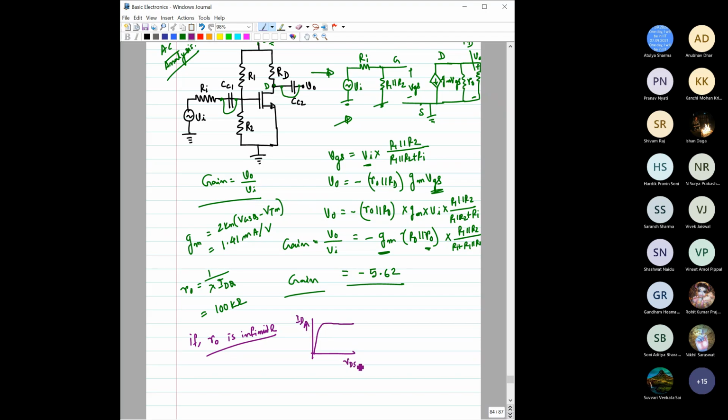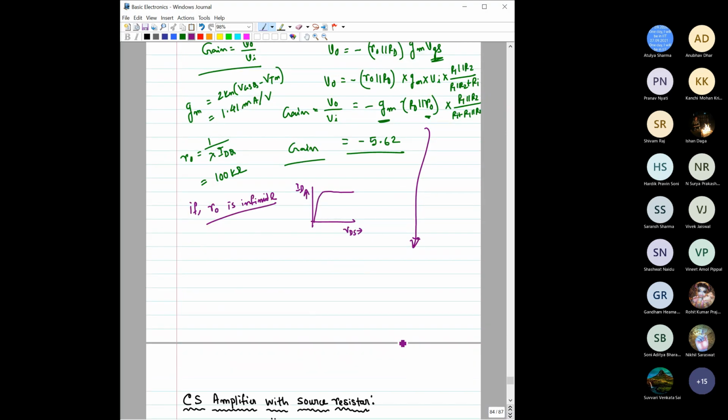The ID-VDS characteristic is like this, right? This will be almost parallel. When it is almost parallel to the VDS axis, or the slope is very small, then R naught would be infinite. Okay. So if R naught is infinite, then in that case, if you look at this gain expression,